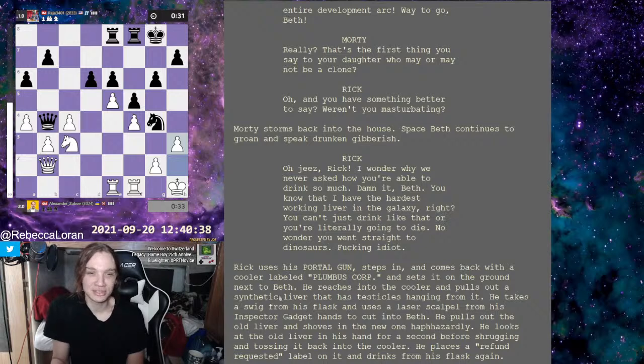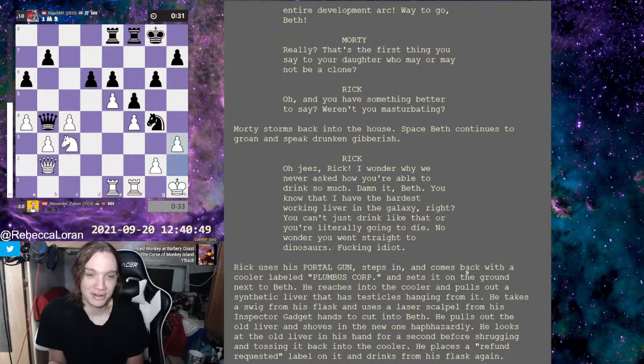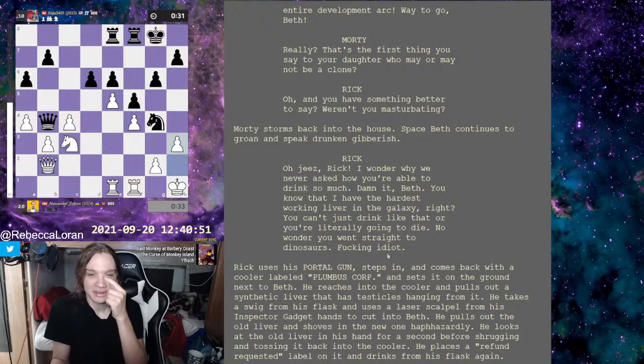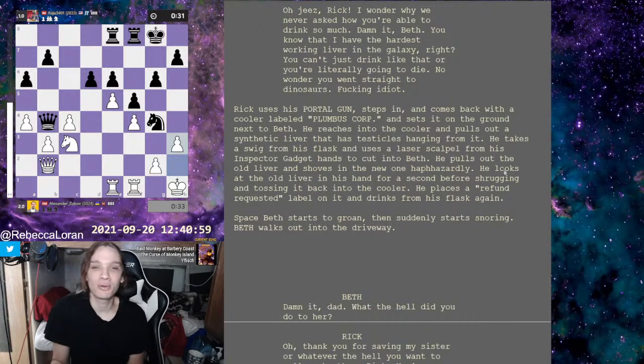Space Beth continues to groan and speak drunken gibberish. Oh, geez, Rick. I wonder why we never asked how you're able to drink so much. Damn it, Beth. You know that I have the hardest working liver in the galaxy, right? You can't just drink like that or you're literally going to die. No wonder you went straight to dinosaurs. Fucking idiot. Rick uses his portal gun, steps in, and comes back with a cooler labeled Plumbus Corp, and sets